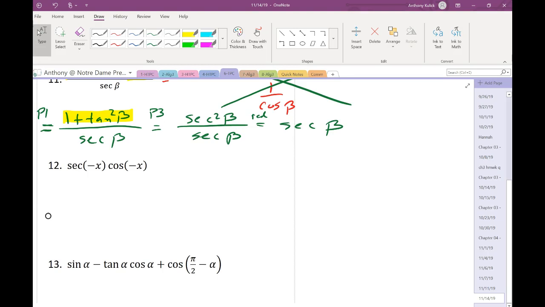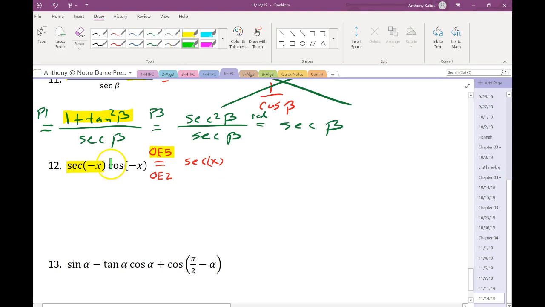What did you see about this problem that made you look for the odd-evens? The secant of negative x is secant of x. So Lexi's saying that what she noticed to make her want to use the odd-even identities here was that we had a negative sign on our x. So when we used the odd-even identity 5, that turned secant of negative x into just secant